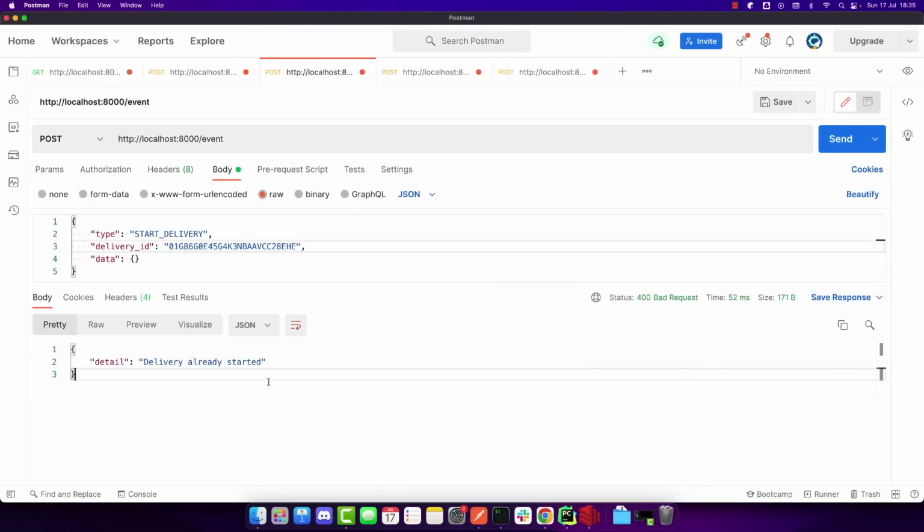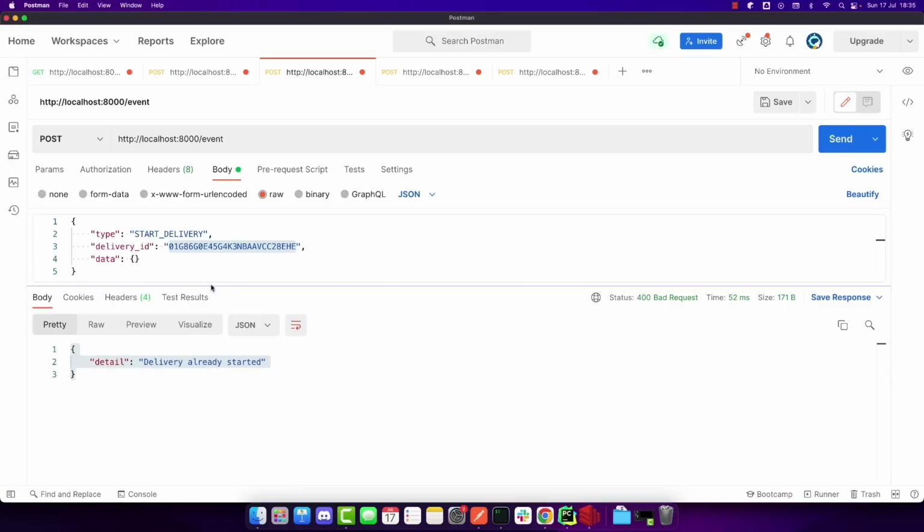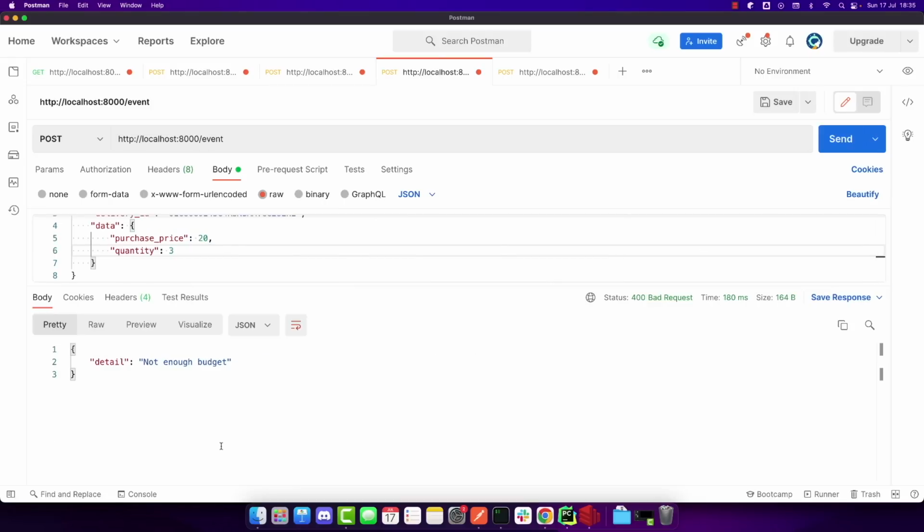So the delivery has already been started. I'll copy the delivery ID, I'll paste it here. The purchase price is 20 and the quantity will be 3. So this will be more than the current budget, which is 50. Let's send this request and we get the error, not enough budget. And now